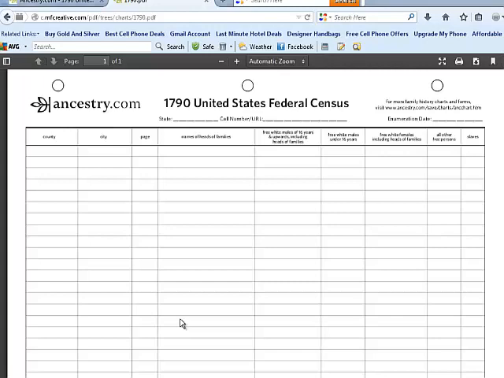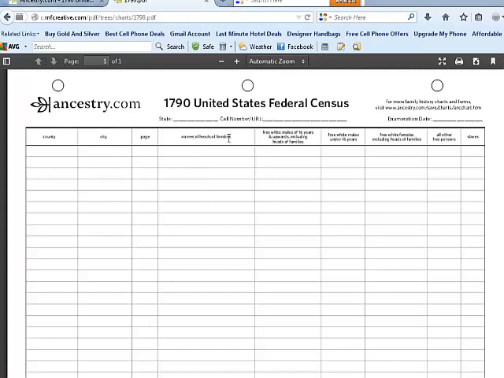Okay, let's talk about the 1790 United States Federal Census. This is the first United States Census that they took. And this is a blank form basically to help you understand what you'll see in a 1790 census. Nobody that I've ever seen used this form directly. They kind of made up their own as they went along, but basically what you'll find in a 1790 census